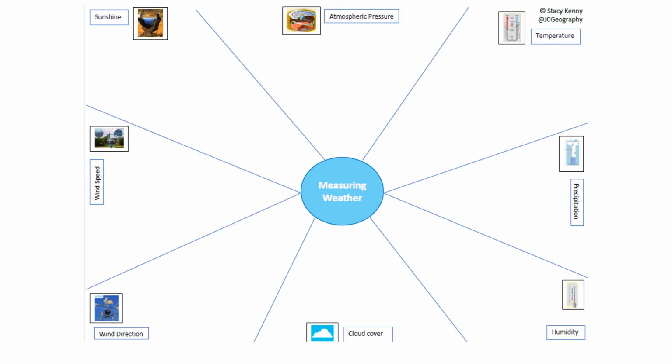Next, you are going to create a mind map, which is all based around measuring and forecasting the weather. So we've gone through the sunshine, the atmospheric pressure, temperature, precipitation, humidity, the different types of cloud, wind direction, and wind speed. And I'm going to tell you the success criteria that you need to put in each of these